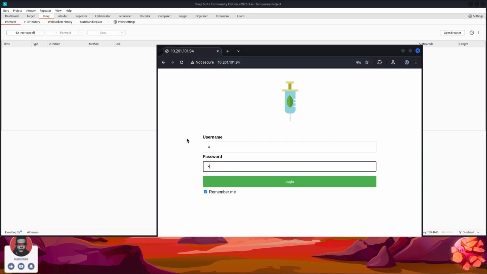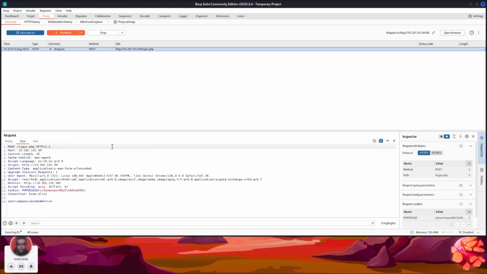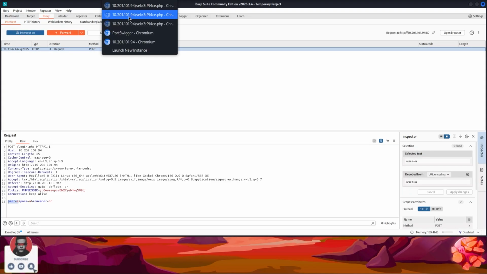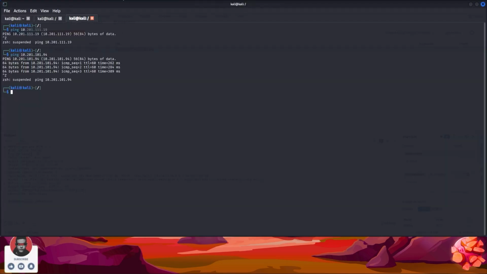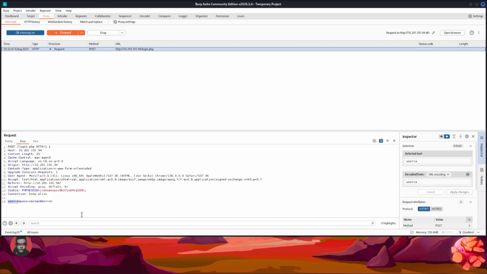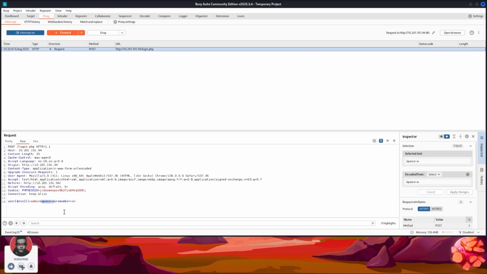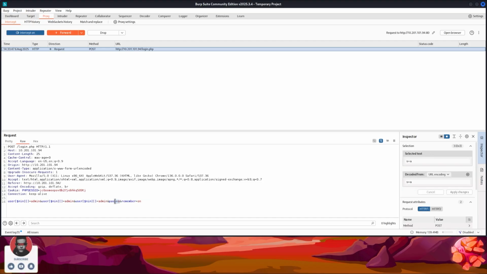Intercept is on. Open the browser, login. Here it is. We just need to change it. What was the username of third? John. We'll change John also. Copy, paste, paste, paste. We'll just remove an and we'll add